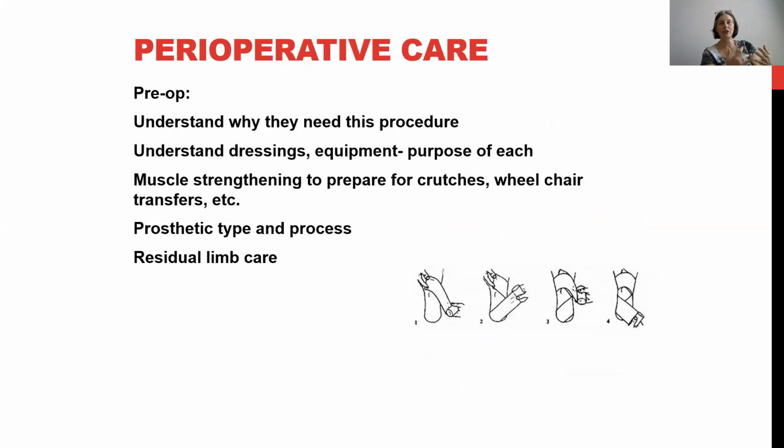Are they going to need crutches? Are they going to need transfer devices? They need to learn how to wrap their own extremity. So they need to know what kind of equipment they're going to need at home to manage their prosthesis. So we'll do that. We'll also start muscle strengthening exercises because if they have to mobilize themselves with crutches or